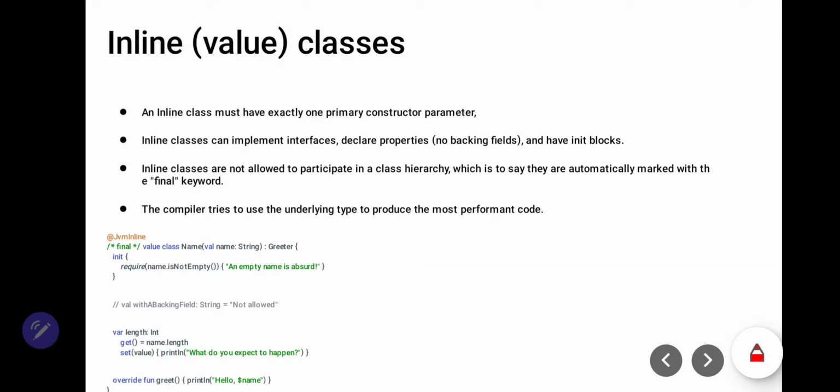Before, I have given you an imagination about the security, and right now I will give you an imagination of these inline or value classes with a box. An inline class must have exactly one primary constructor parameter. If you have one box, and you see in here